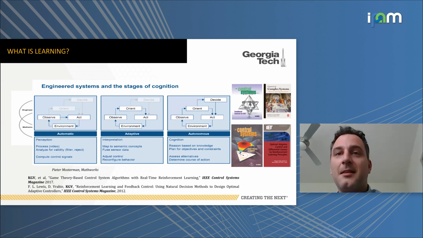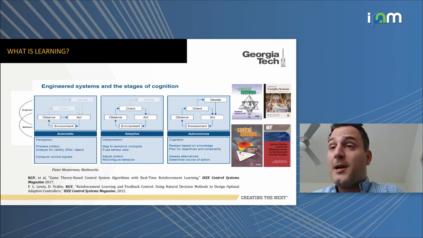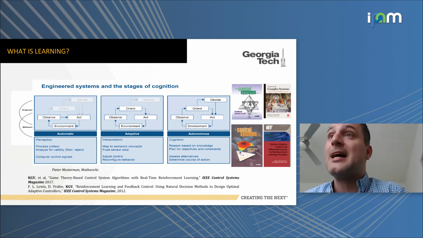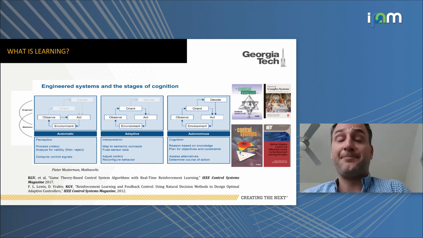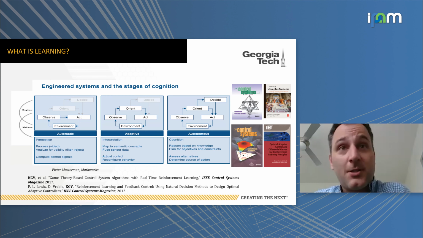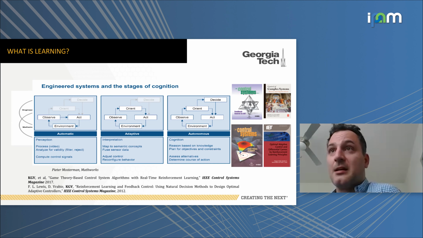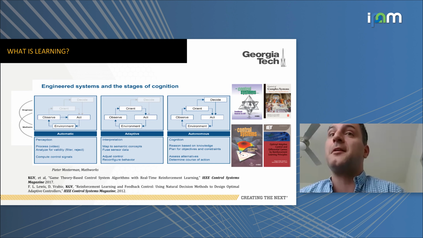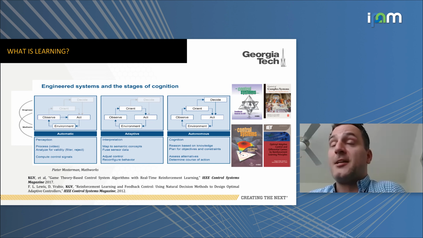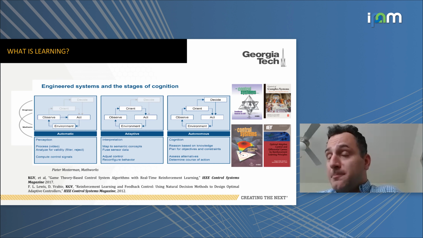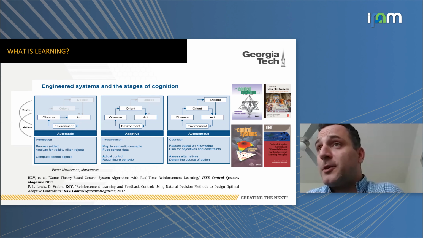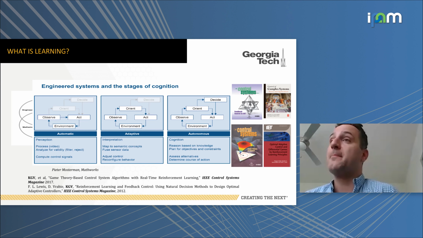Okay, so another thing that I want to point out is, since we work on learning-based controllers, I want to differentiate what is automatic, what is adaptive, and what is autonomous. So automatic, of course, you can think about the classical controllers, but they're not that smart, right? So you can think about the PID controller. Adaptive is when you adapt to different uncertainties. And then autonomous is when you add cognition. And cognition will probably come from a learning mechanism that for our scenario will be a reinforcement learning mechanism.